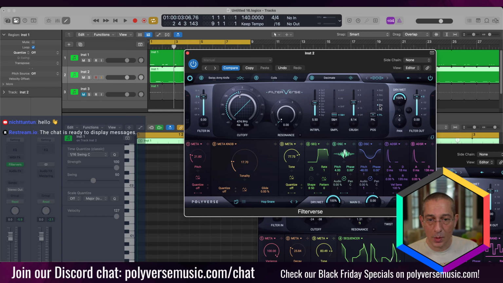Pre, post, and both. Okay, so we have pre L for linear, pre E for exponential, and you can see those lines over here become closer in the quiet end. And this is a bit crushing algorithm that is kind of similar to